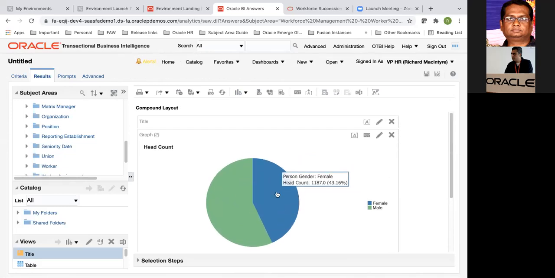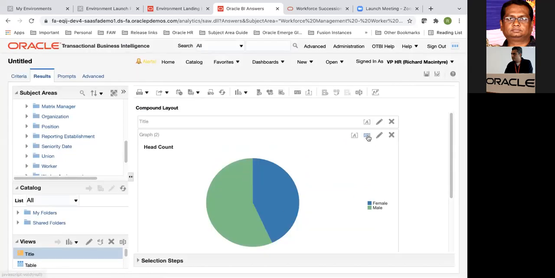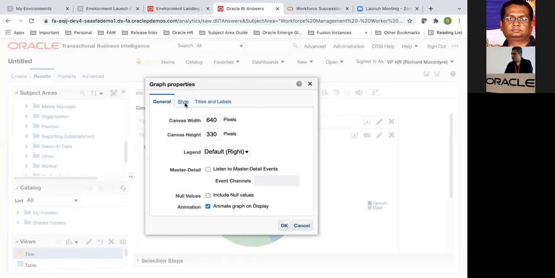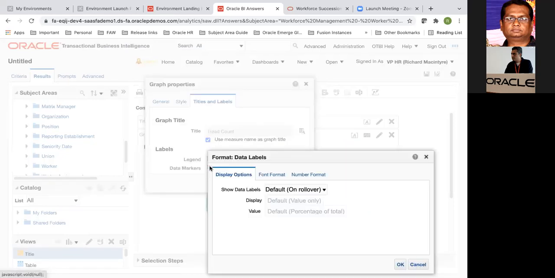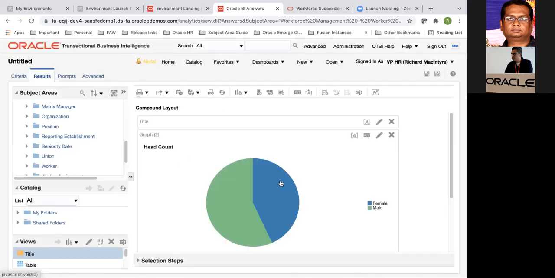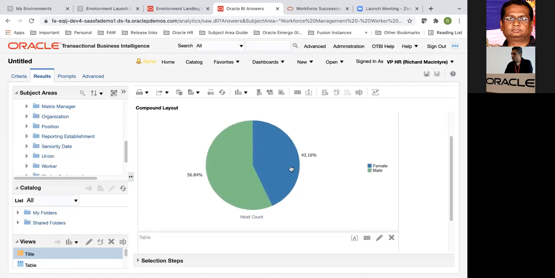If you want to call it out, all you need to do is click on this XYZ of this graph, go to titles and labels, markers, and say, for example, show the data always. When you say that, it basically gives you the percentage.